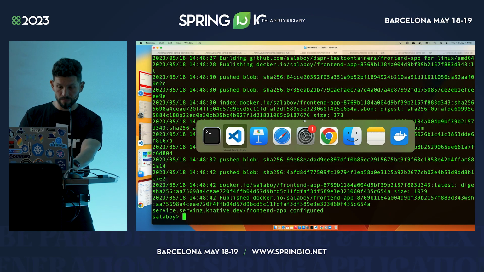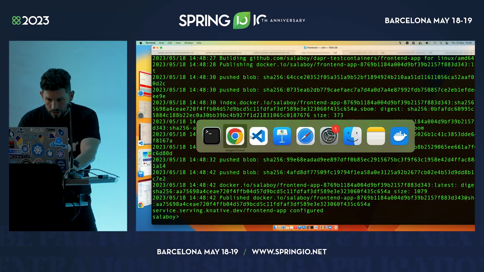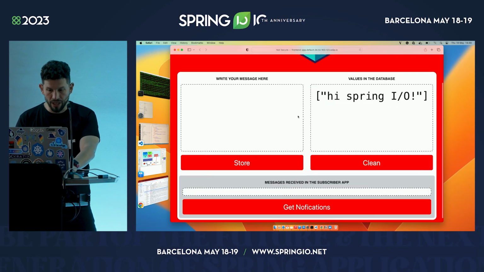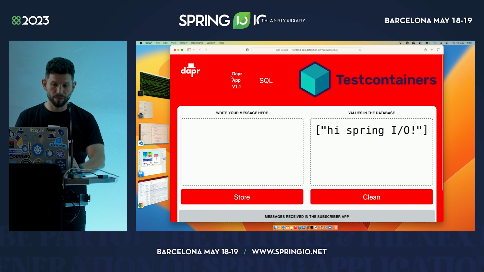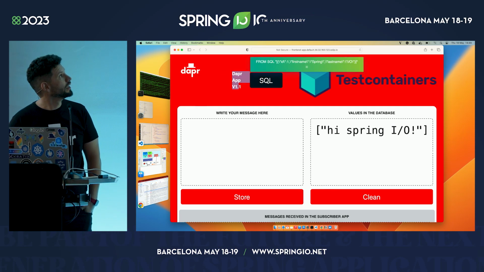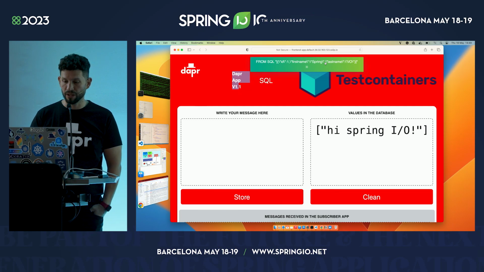If I go to the cluster, because, again, I'm using Knative to expose my application, I should be able to refresh here. And at some point, I should have the new version up and running. There you go, so we have the new version. And I have this new SQL button here that I can click. And yep, I can get my customer, Spring IO customer, from the SQL database.